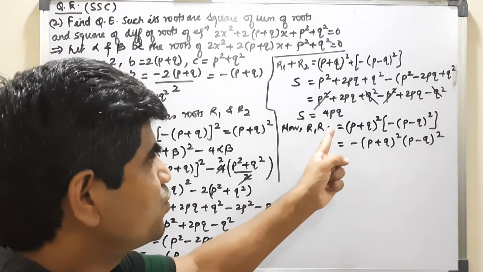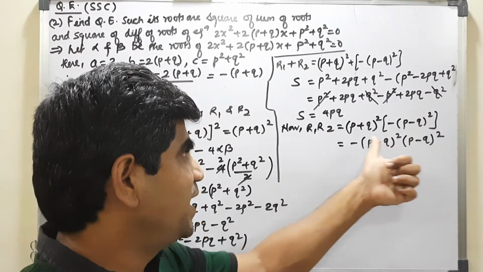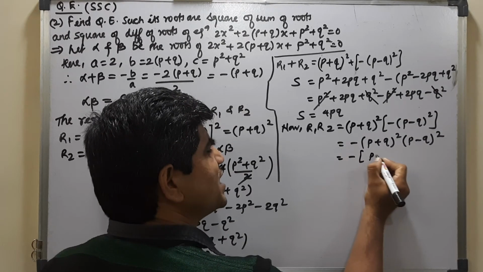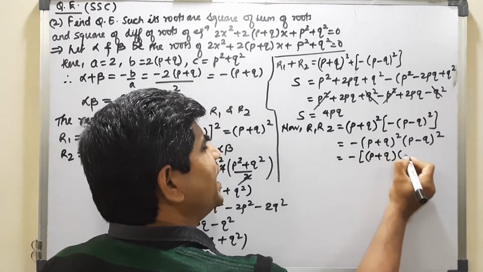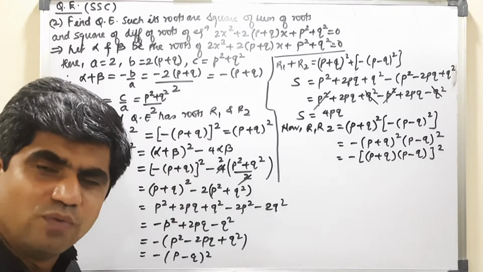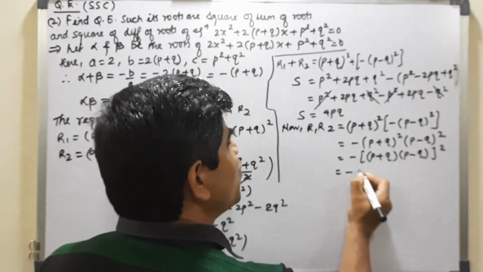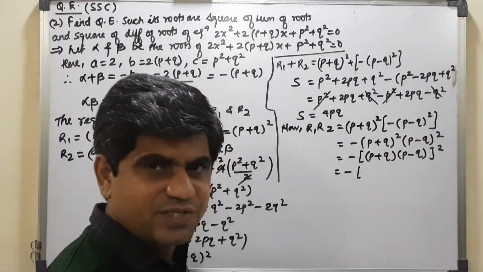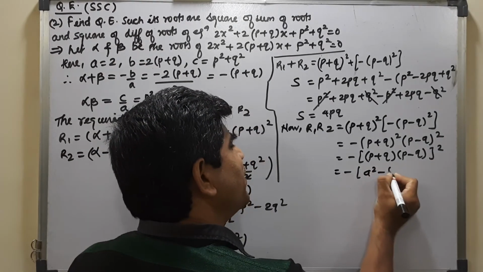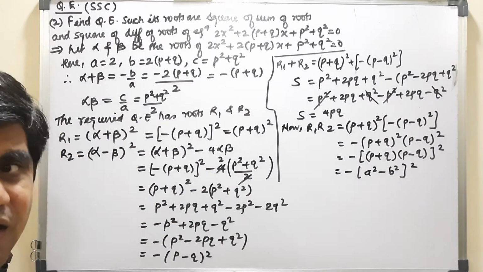This is p plus q the whole square into p minus q the whole square. See here, this was plus over here, this plus into minus, it is not subtracting, it is multiplying. So this minus comes outside. Now see what I am doing is, minus, I am writing this as p plus q bracket p minus q the whole square. That is a square into b square is written as ab the whole square. This will help me in getting what? This is p plus q into p minus q, that is a plus b into a minus b wala formula, that is a square minus b square the whole square. Okay, this is my r1 r2.